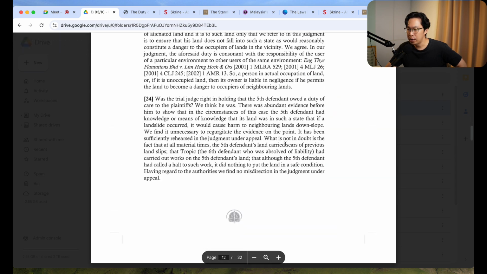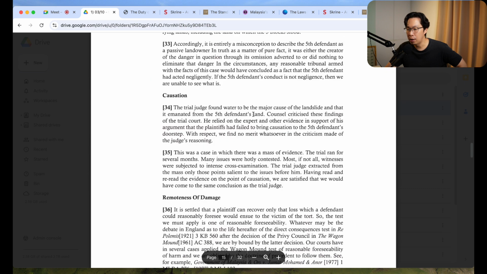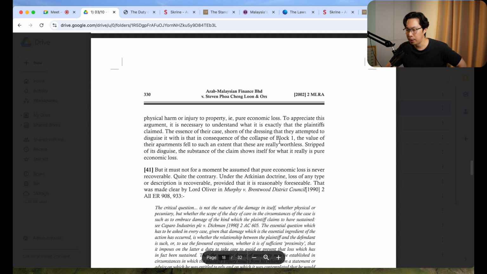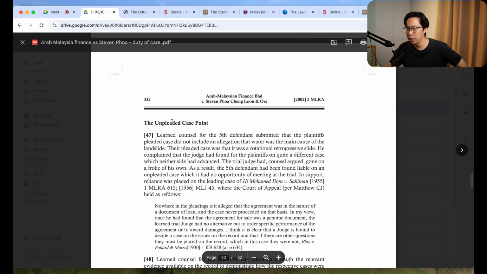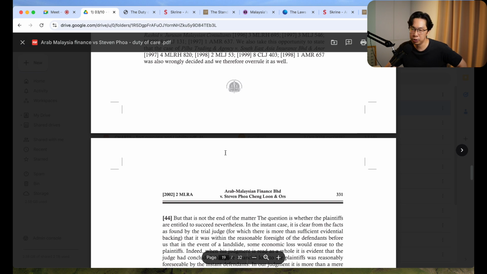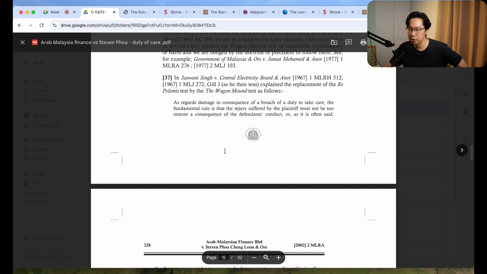What is it? Then next you have the breach. Then what is it? The causation, the remoteness, and the standard of care. It's all something that you have learned thoroughly in year 2 of your LLB. But I want you to read it up until here. If you can read up until the remoteness part, no need to read 47 onwards. Up until 46 is enough. Learn the language, how they structure the sentence, how the judge actually writes,